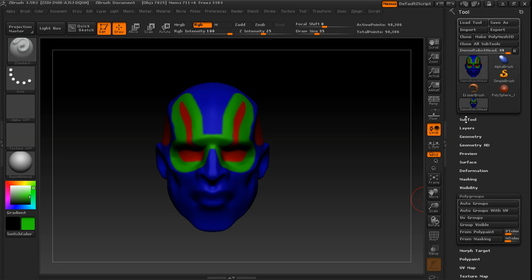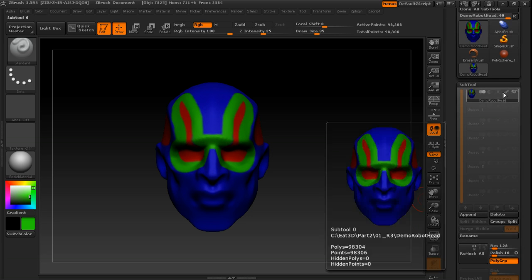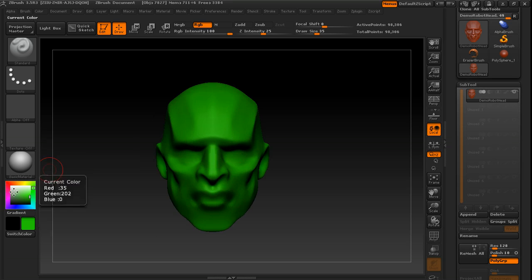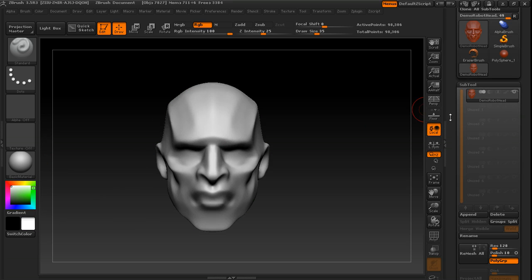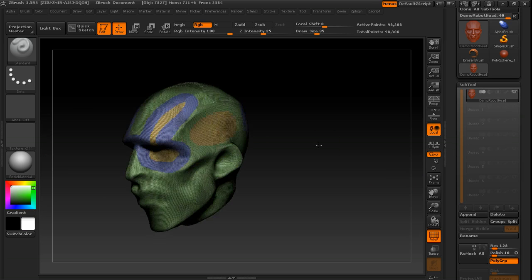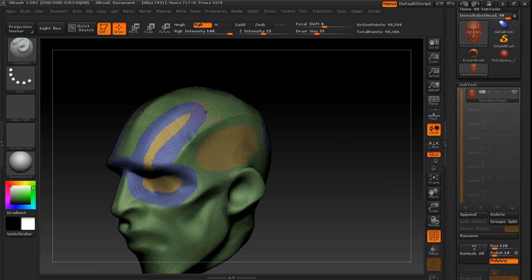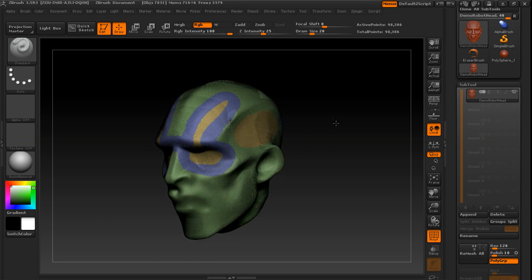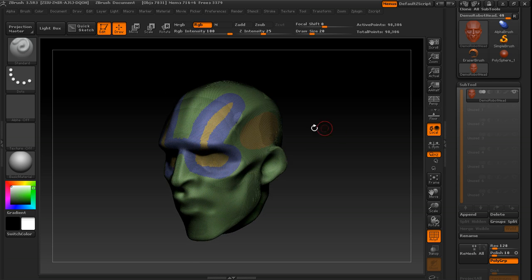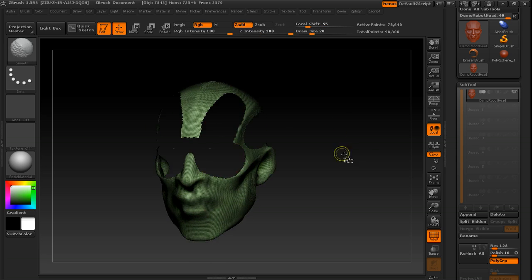And if you go up here and we'll open our subtool menu and we'll turn off this brush icon, make that back to white so we can actually see our poly groups when we go into polyframe. And you'll see it actually made poly groups where our poly paint was based on the colors. Now remember from part 1, poly groups can be broken apart by Control Shift and clicking. You can hide and show